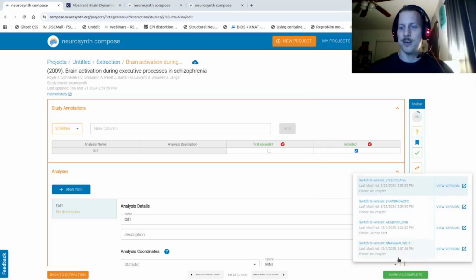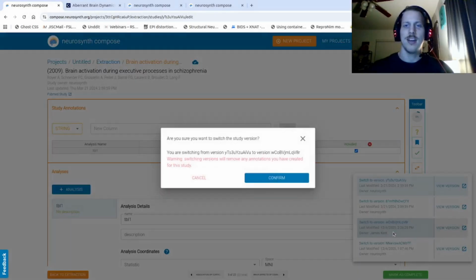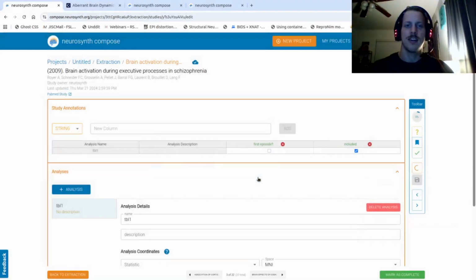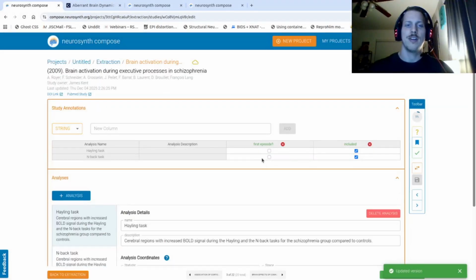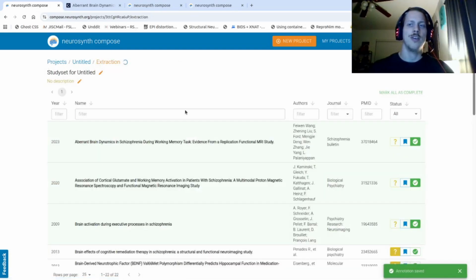You can go and preview the articles or select which one you want and remove the annotations, because, yeah, that one switched from one analysis to two analyses, and maybe I just want this one. Maybe that one represents the first episode, and maybe that one doesn't involve MBAC at all, so I don't want to include it in my meta-analysis. So I can mark that as complete, and I'll go to extraction,